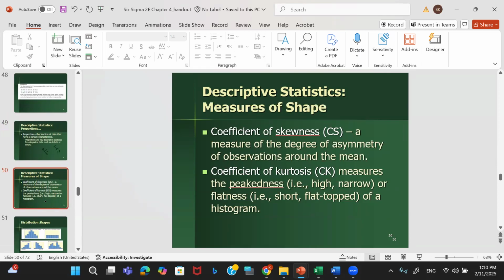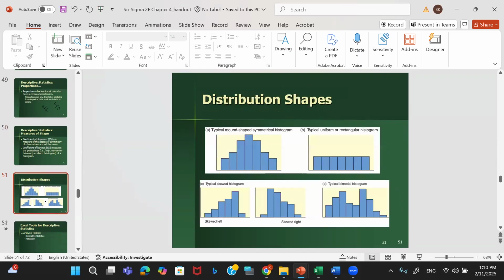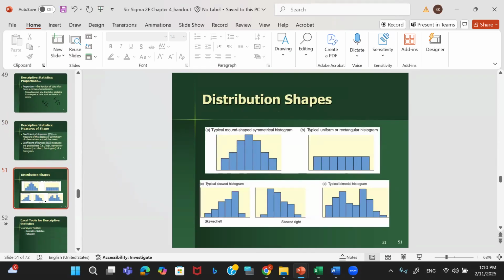CS is a measure of degree of symmetry of observation. CK is measures of peakness, high, narrow, or flatness of a histogram. So this is a histogram. A histogram is one of the methods that we use to visually represent data. It's a very important tool. So the histogram here,